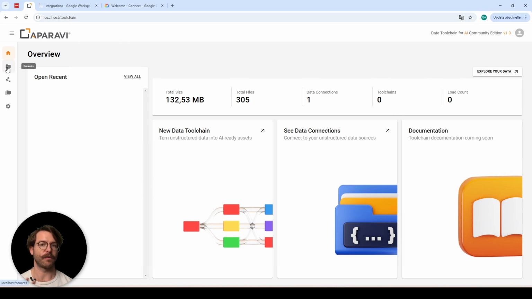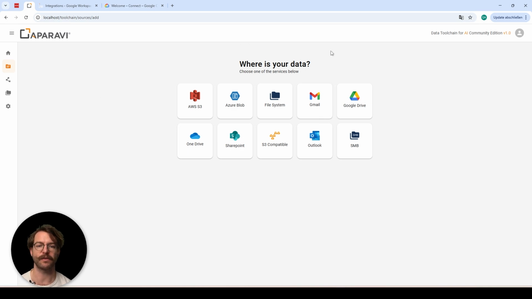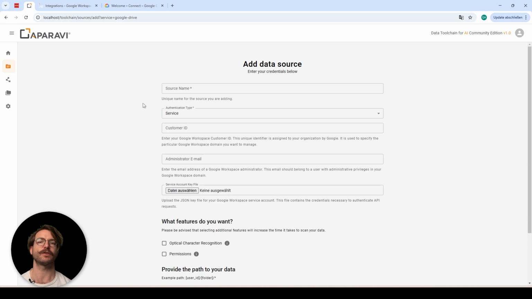As always, with connecting sources to the toolchain, you need to go to the tab Sources and then press the plus sign here. And there you find Gmail and G Drive. Once you choose one of those, you can choose here between personal and service account. How to connect the personal, I do show in another video, which you can watch,